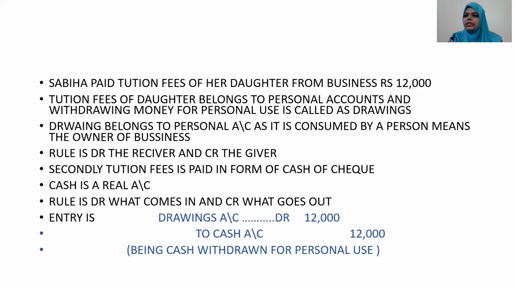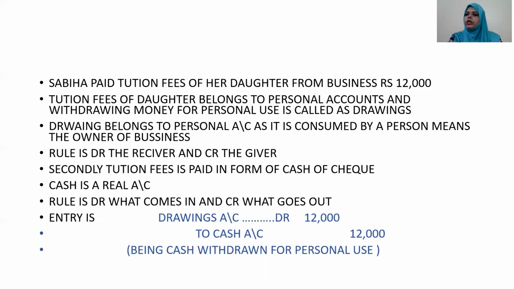Secondly, as we learned in the business entity concept and conventions of accounting, the owner of the business and the business are two separate legal entities. There are two separate accounts: the owner has one personal account and the business has another separate account. So we do not need to combine both. Otherwise we cannot find the profit or loss of the business or the financial position of the business in the future. So we have two separate accounts, the proprietor's personal account and the business account.